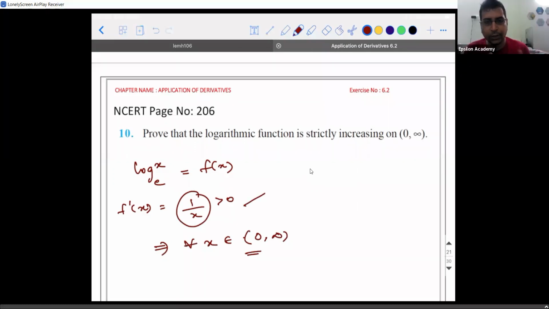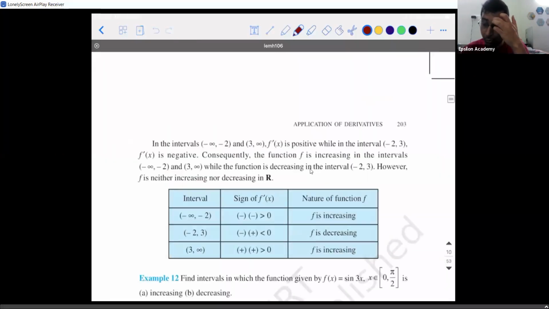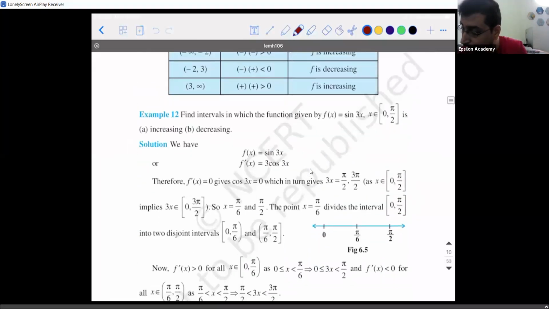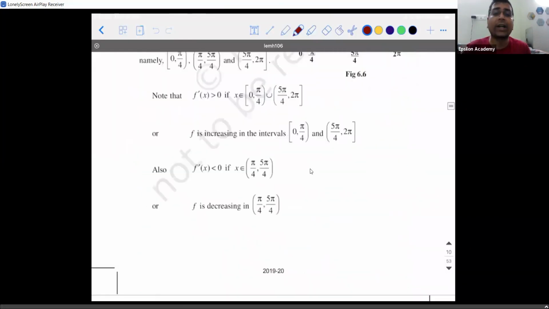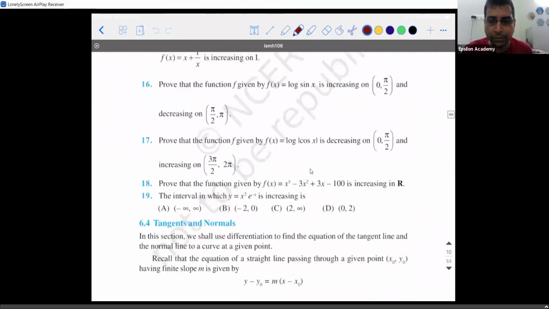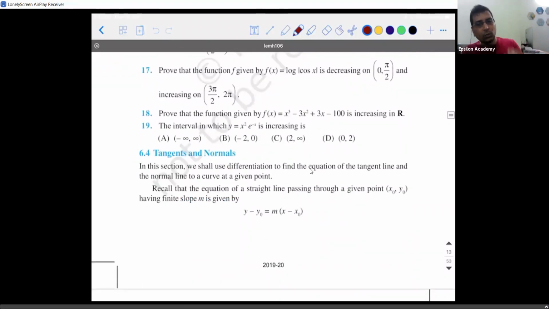So with this, we have come to the end of increasing and decreasing functions. So we have seen two important applications of derivatives. What are they? One is rate of change of things. Second is increasing and decreasing function. But if we revisit the basics again, I keep asking you, why do we differentiate? By differentiating, what are we going to get? We are going to get the slope of a tangent to a curve at a particular point.